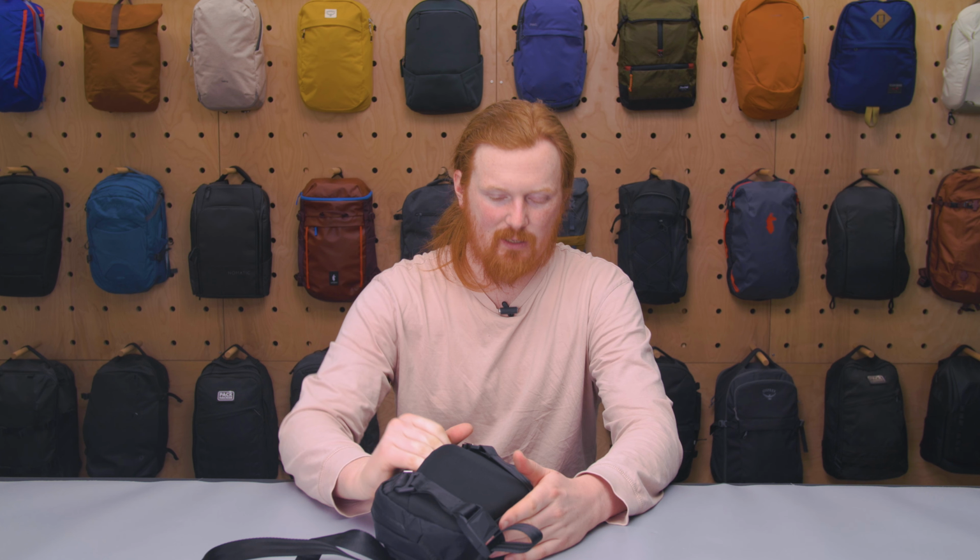Another use is that if you're going through the line at the airport, you need to have your passport, but you don't want to hold it or keep it in your pocket because maybe it'll get bent. You can just slide it in here, it'll fit, and then when you get to the front of the line, you can show it. So I really like additive features like this on bags, slings, whatever, that are helpful, but